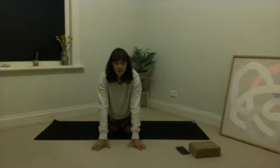The echo at the back of the throat, Ujjayi. Soft belly, soft shoulders, no hunching. Nice efforts, guys. As we gently lean ourselves forward, take your hands down to the ground and then just point